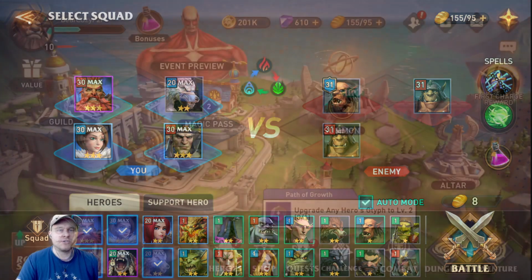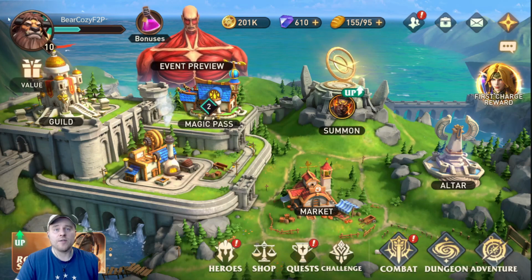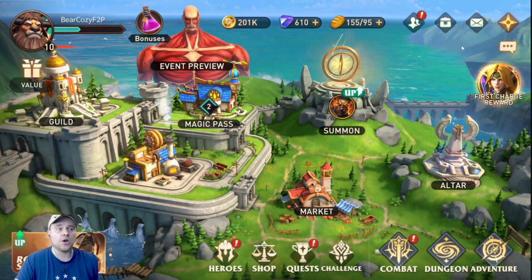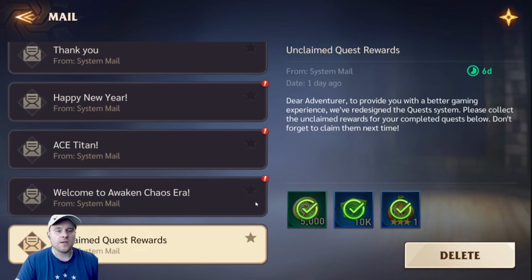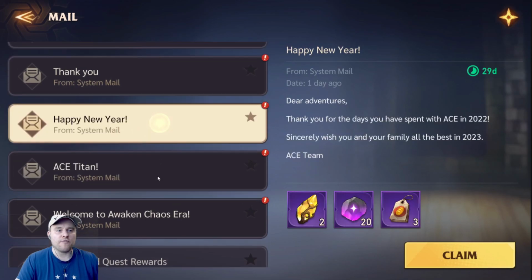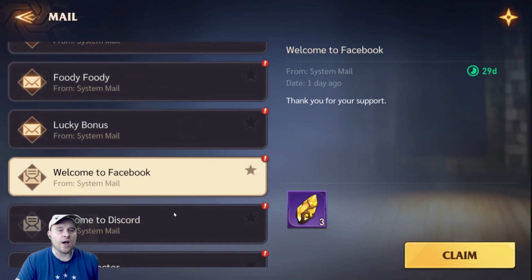Now, the very first thing that I did when I hit level 10 on my free-to-play account is I went and claimed myself all of these codes. Coming up to the mailbox, as you can see, I've got a ton of new codes. Unclaimed quest rewards, I just claimed this one. Welcome. There's a bunch of stuff here. And as you can see, I got lots of goodies that I haven't claimed, and I will post all of